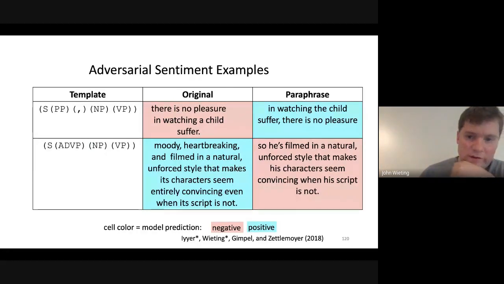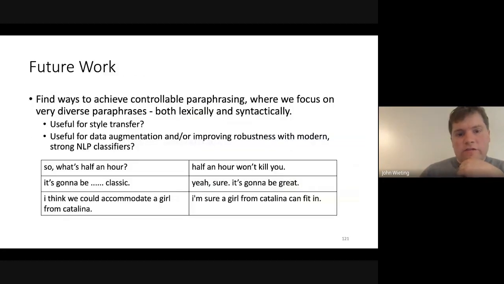What I'm actually mostly interested in now is essentially generating very diverse paraphrases. One way to get diverse paraphrases is through the syntactic controlling structure. But what else can you do? That was largely syntactic. There's also lexical as well and different styles. There hasn't been much work in this area, and I'm happy to talk about this more, but I hypothesize this can be used for style transfer and for augmentation and robustness. I think this is something that's a little bit unexplored and could be very useful.